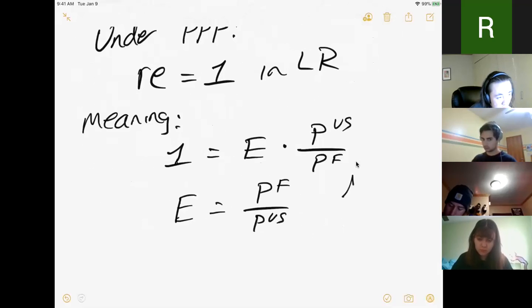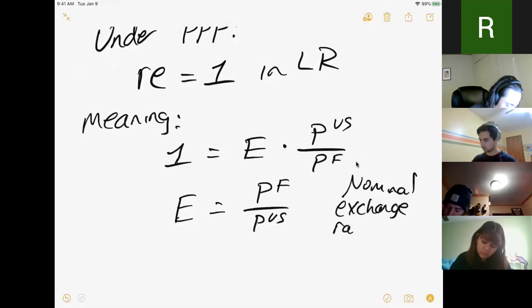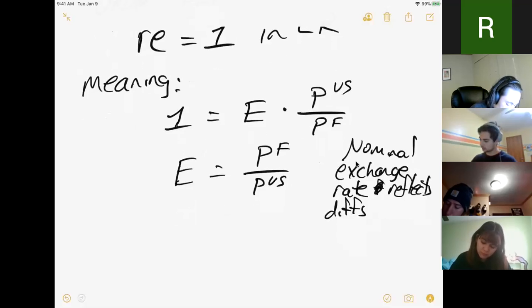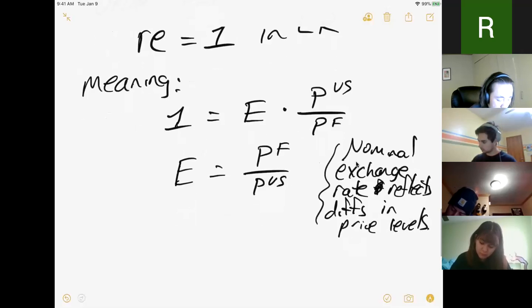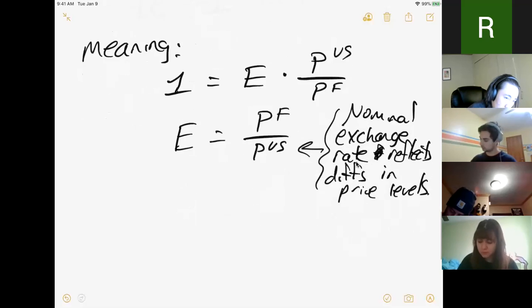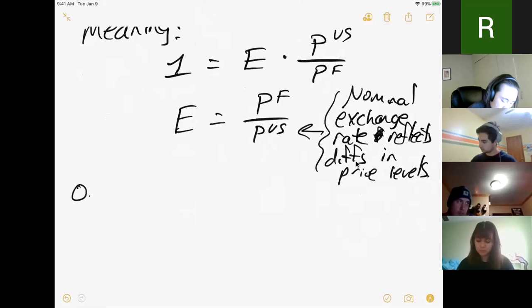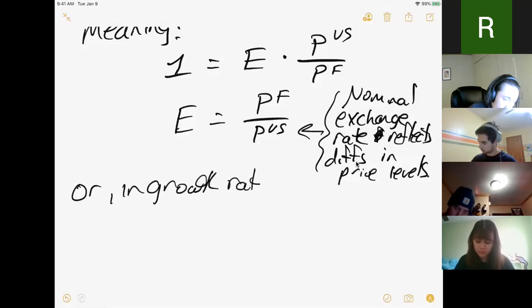In other words, the nominal exchange rate only reflects differences in price levels. The nominal exchange rate essentially just reflects differences in price levels. That's why it's a nominal exchange rate. Taking this one step further, if we put this in growth rates,